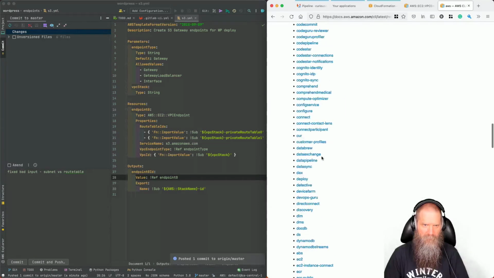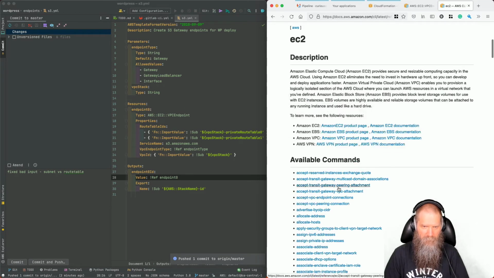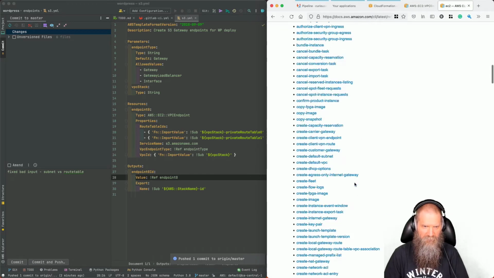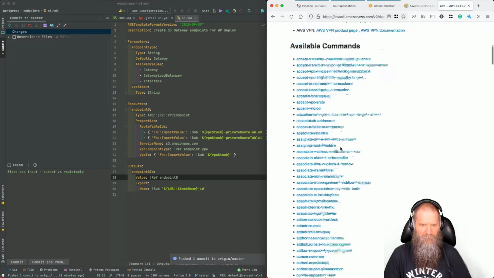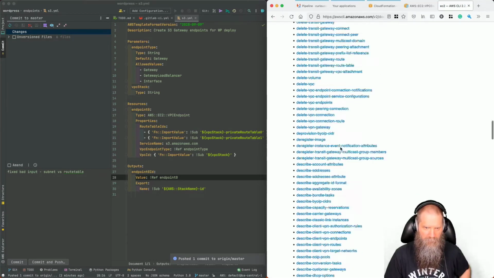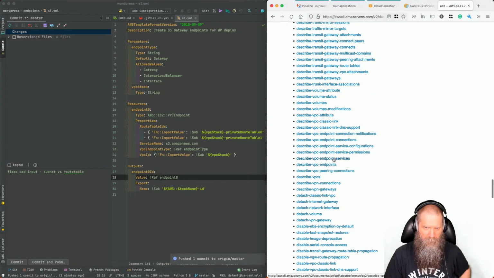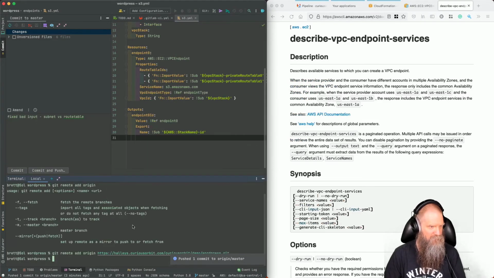Go down here, EC2. What's it telling us? Describe VPC endpoint service. We're going to go to version 2. So it looks like everything's optional. So I think if we just do this,